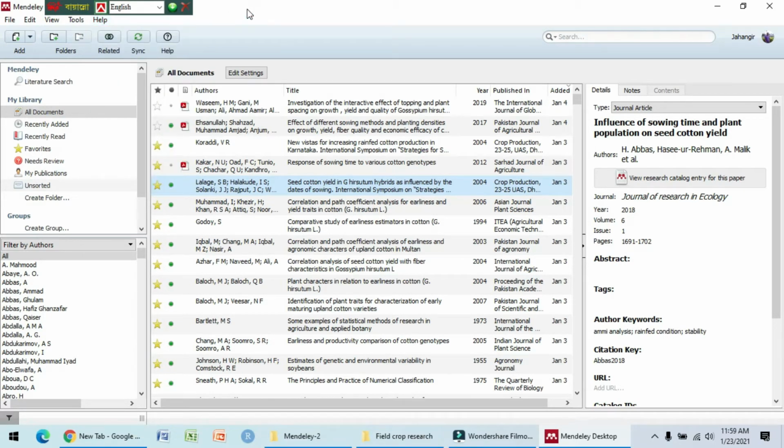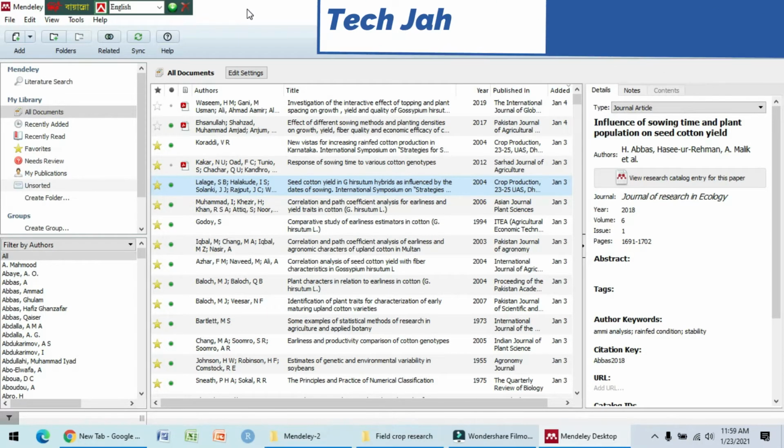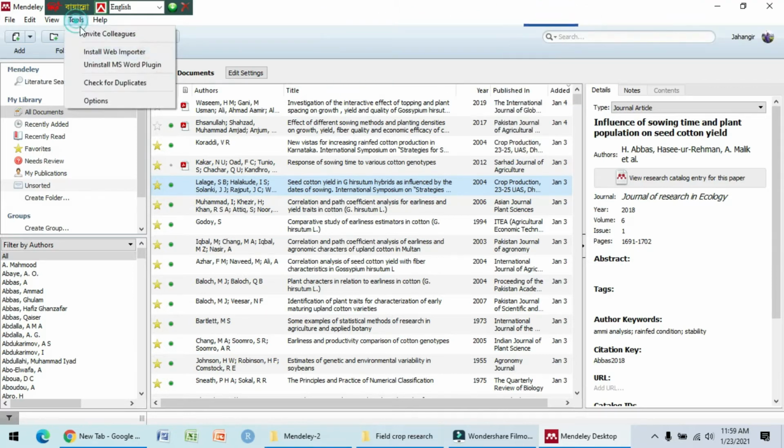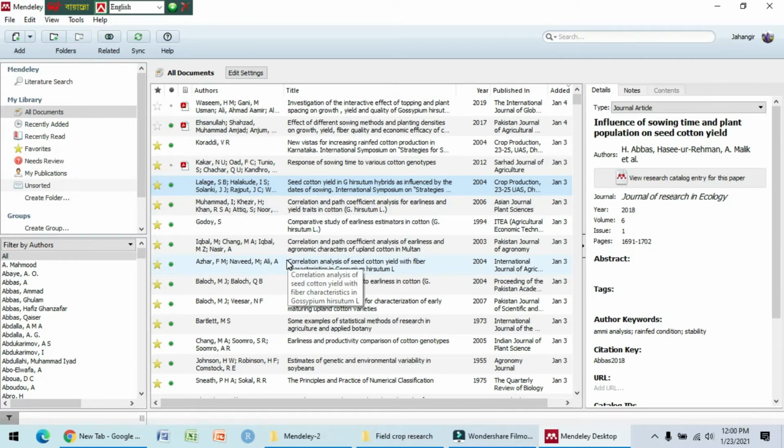I have shown in the first video how to install Mendeley, and install the MS Word plugin with Microsoft Word and Mendeley Desktop. So it is our file now. Now how can